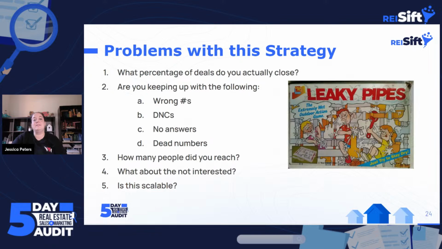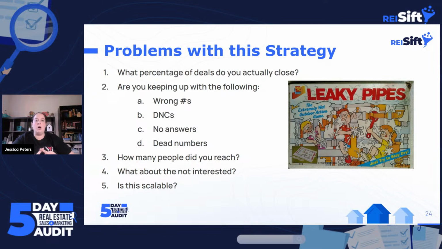All right. And we want to know some information. What percentage of deals do you actually close? This varies by investor. So once you're under contract, some people are really like, I'm only going to put it under contract if I'm very confident that this deal is going to close. Some people are really anxious to get it under contract and maybe aren't as loose or tight with that. So you need to look at your contract to close ratio to make sure that you're taking that into account when making your plans.